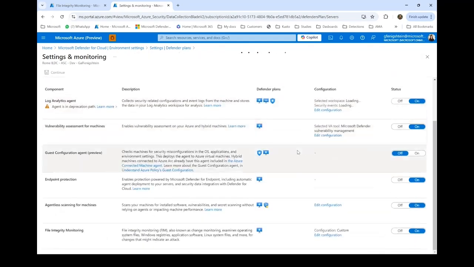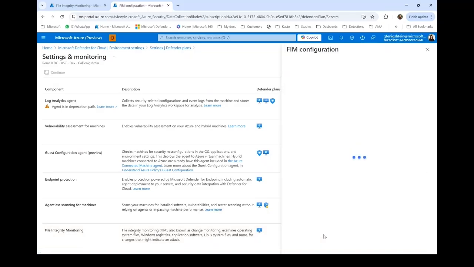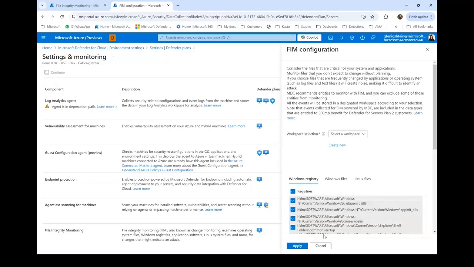Right. Here we've added a new extension for file integrity monitoring. You can turn it on from here and also edit the configurations. In the configurations, you would need to define two main things. The first one is the workspace. This is the workspace we've mentioned. You need to choose the one from which the data will be